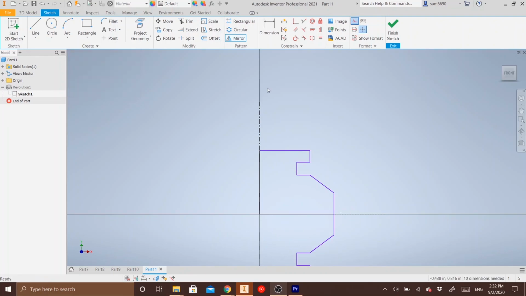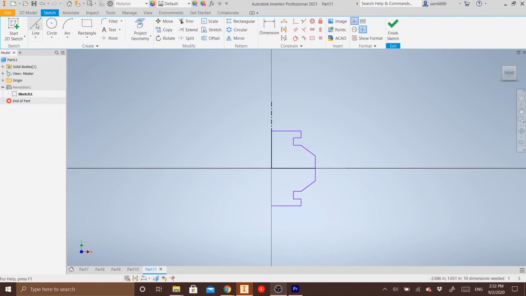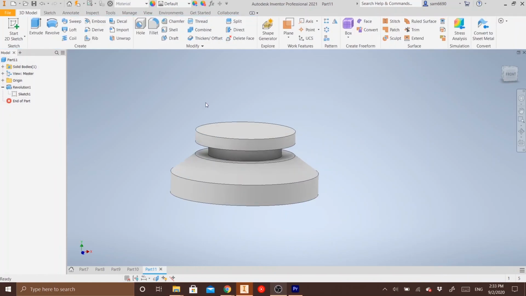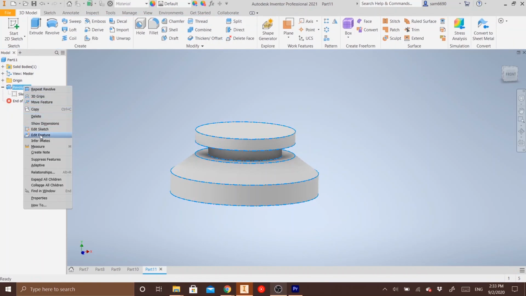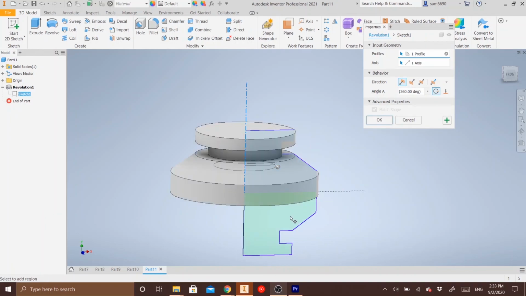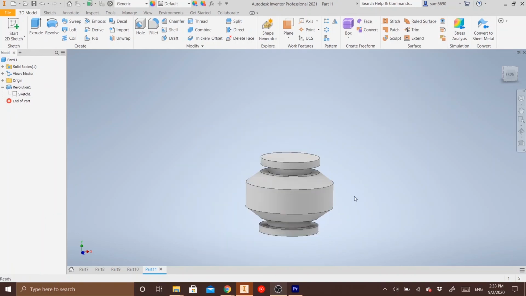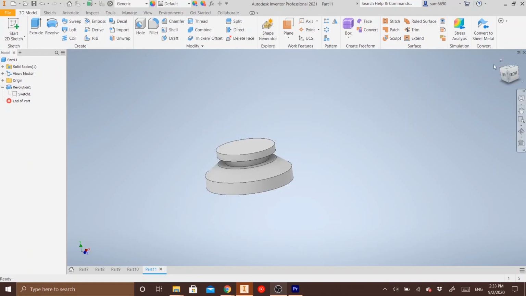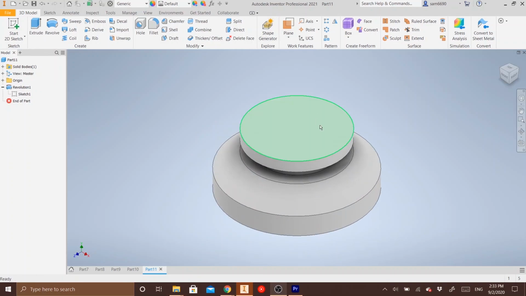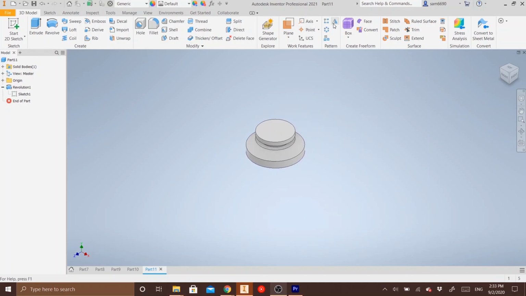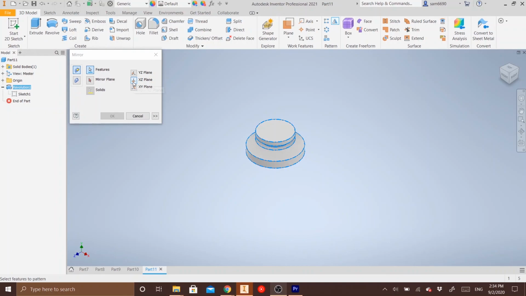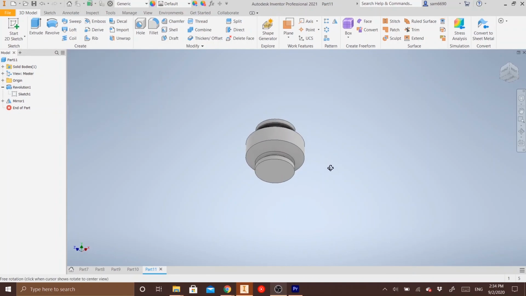Once you click apply, I missed a line, so I have to draw that in, but if you just Control Select on it, it should work. So once that's done, we're going to click the Finish Sketch button, and you can see it didn't fully update, but if we go into Edit Feature, we can click on that part of the sketch now, and it should update. If there wasn't a line between them, it might update on its own. So if you don't want to do it that way, you can actually just mirror your 3D feature using the mirror option in the 3D model part. And so there you go, it's a lot quicker,